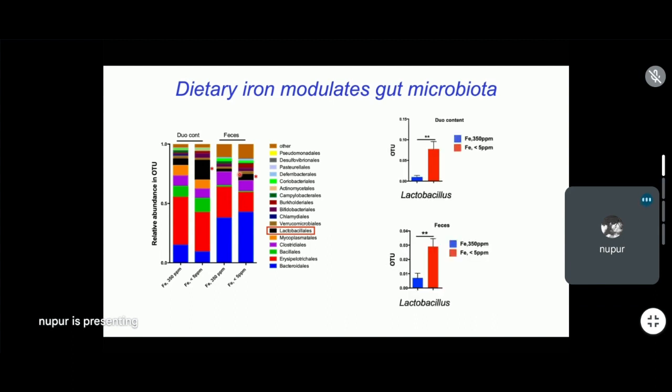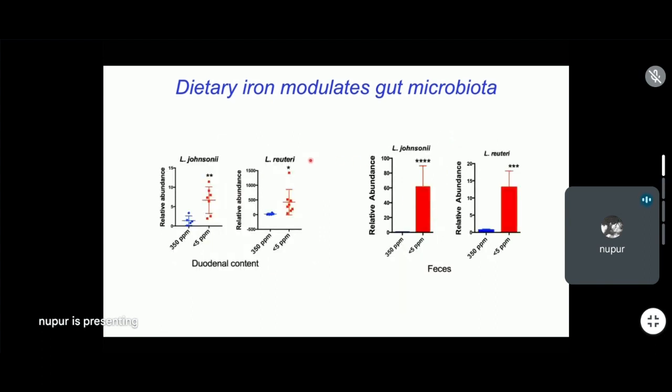So we looked more closely at the OTU values of this duodenal content and the feces. We see the lactobacillus is the one which is significantly up. The question is which lactobacillus. There are several lactobacillus. We found that out of 8 or 10 species of lactobacillus that our microbiota analysis detected,